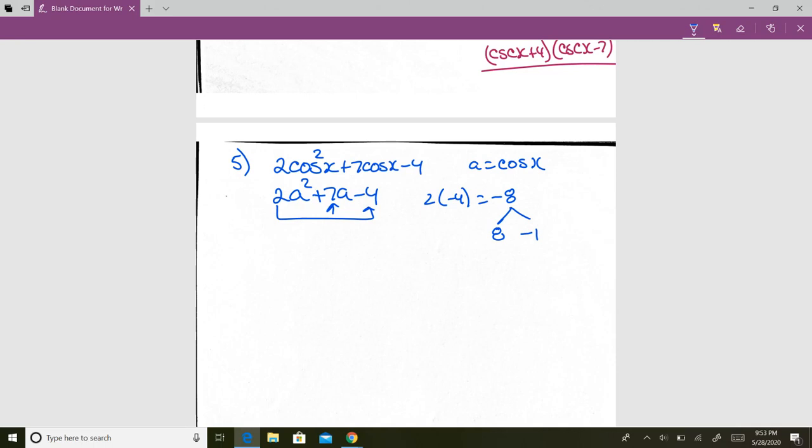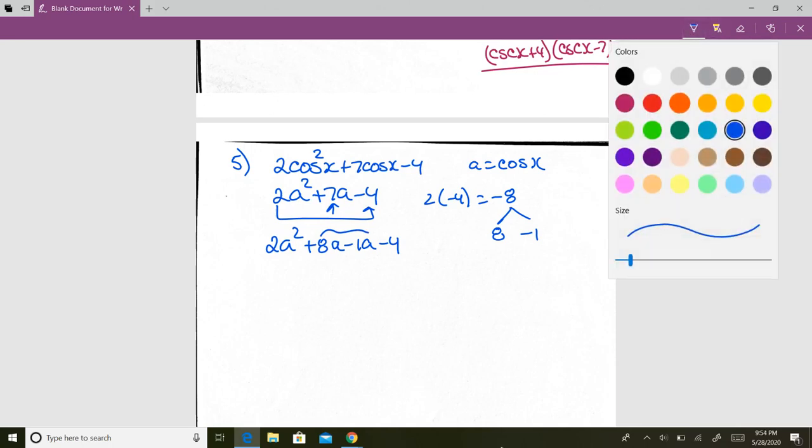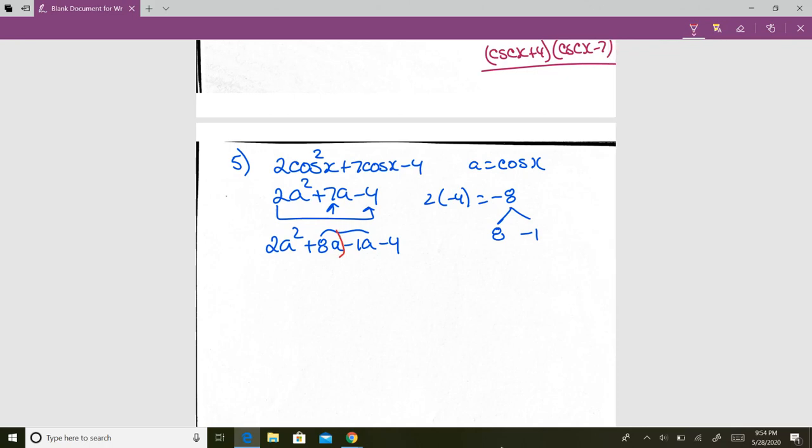8 and negative 1 adds 7, and they multiply to 8. So this becomes 2a squared. This 7a splits up into 8a minus 1a minus 4, because this bit here would still add to 7a. And then, hopefully you remember, bracket the first two, take out a common factor, which would be 2a, and you